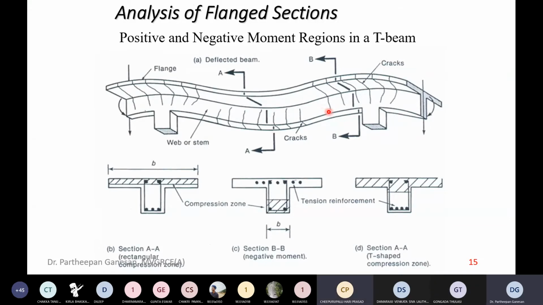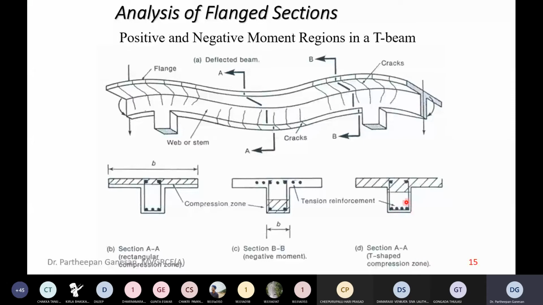Bottom, sir. Yeah. So if you see here, now it has bent like this, right? Now the beam is also bending like this. Because it is a sagging bending moment at the midspan, your tension will be at the bottom. That is why your crack will start from the bottom and go towards the top. That is why your tensile steel is placed at the bottom. If you see section AA here, this is the tensile steel.